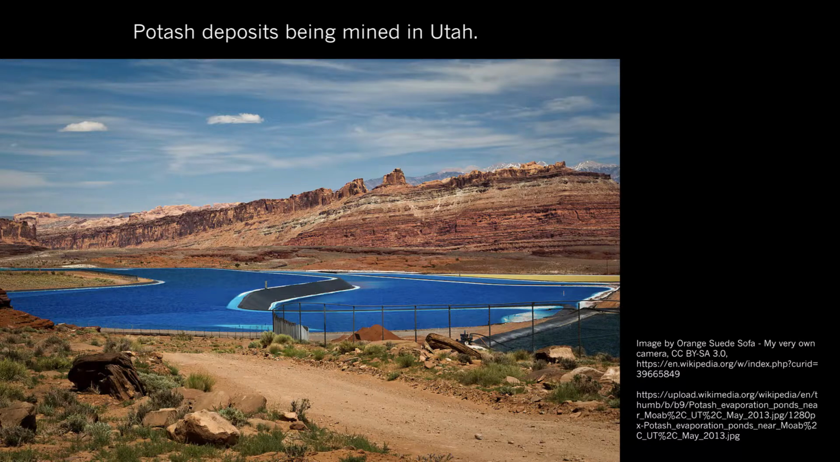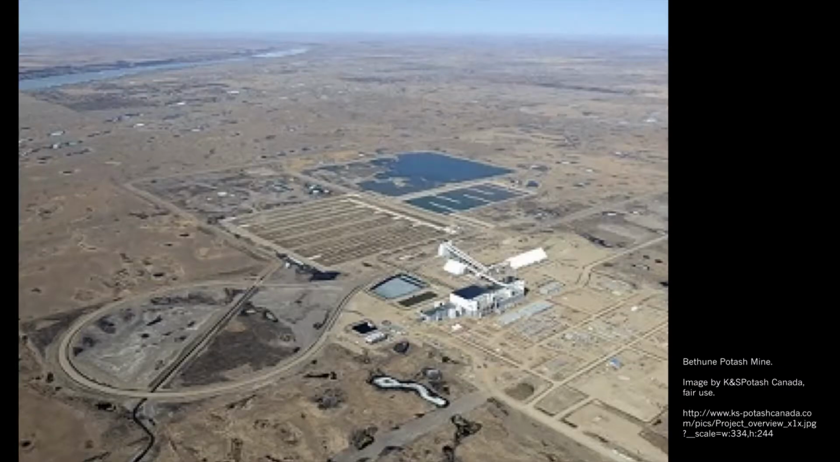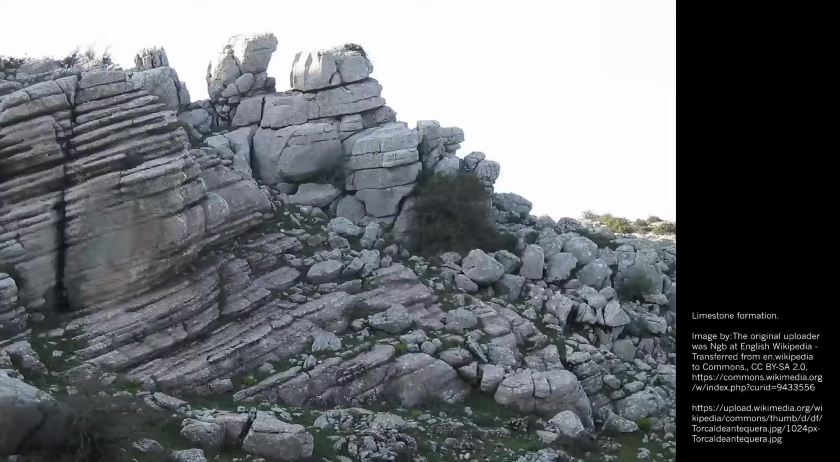And of course, the greatest amount of potash in the world is located out of southern Saskatchewan, which is why we have so many potash mines. Limestone is another evaporite. It is composed almost entirely of calcium carbonate, and limestone is one of the most common sedimentary rocks on Earth. And finally, the organic sediment,